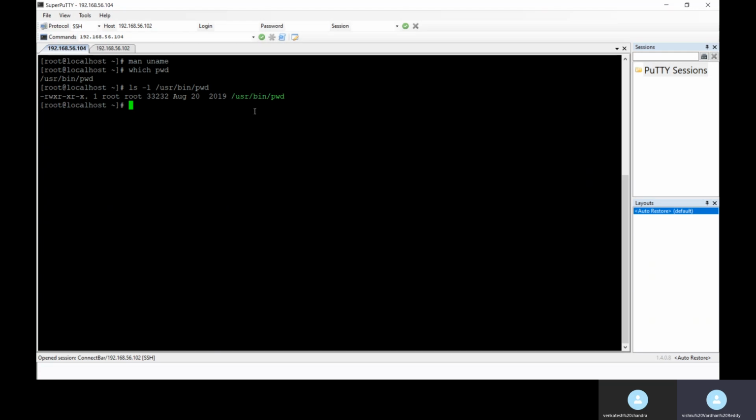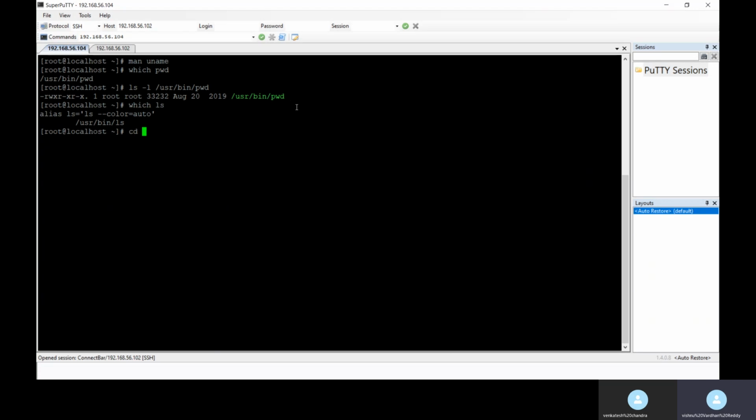If you want to check where the ls file is, run which ls. See, here it is /usr/bin/ls. This is a file under /usr/bin. Our complete system commands are all stored in /usr/bin.